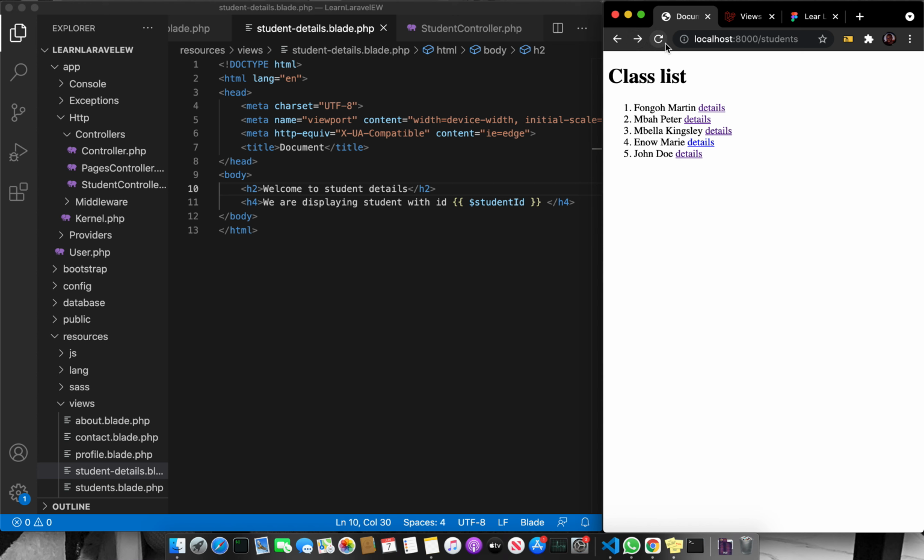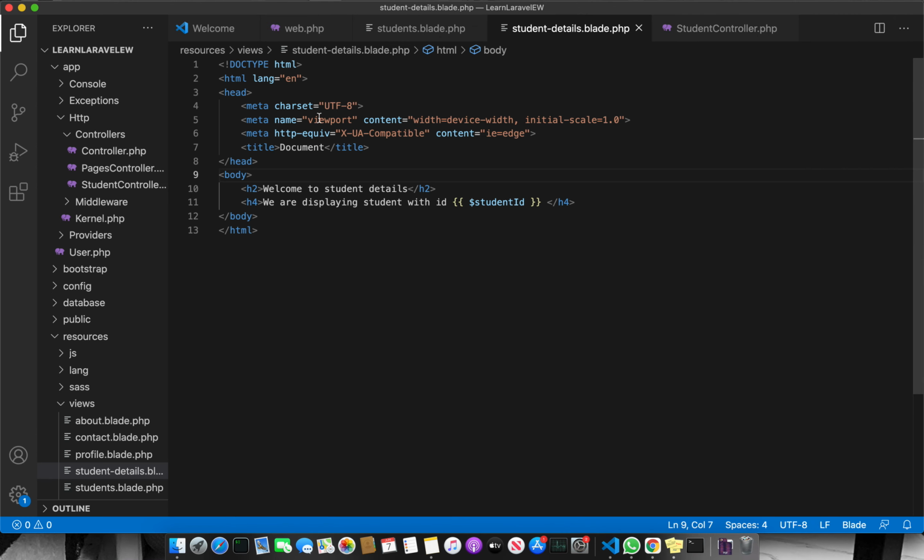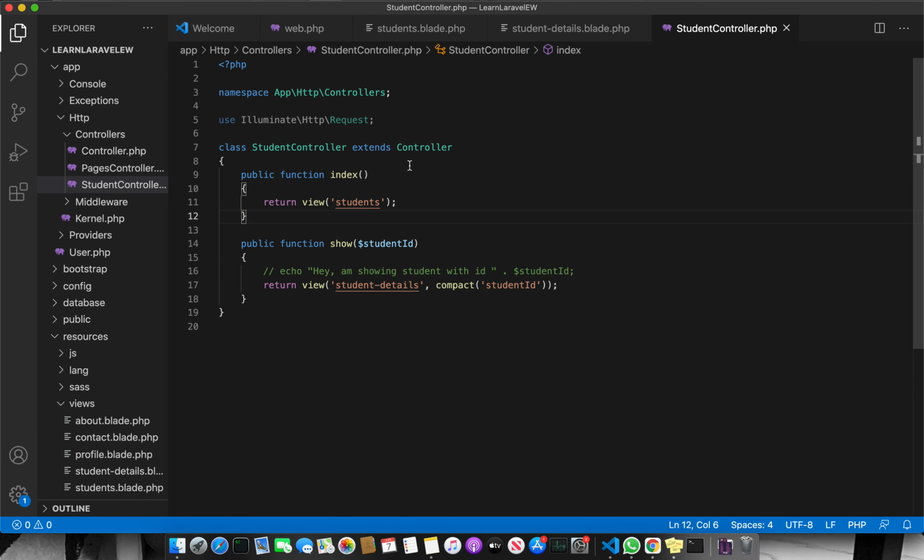If we go back, we refresh this, we try this, it says we're displaying student with ID 1. We refresh this, it says ID 5. We click on this, it says ID 3. So basically that is the main way which you can pass data from